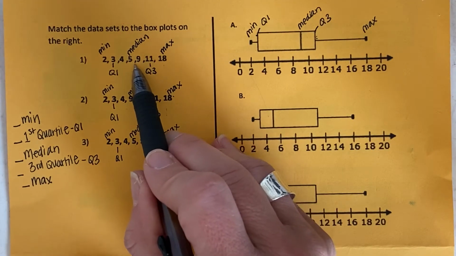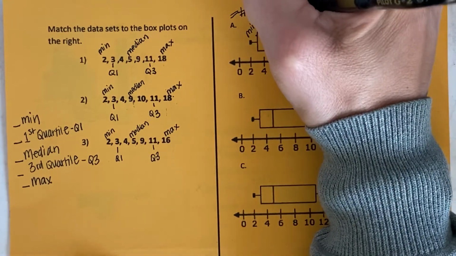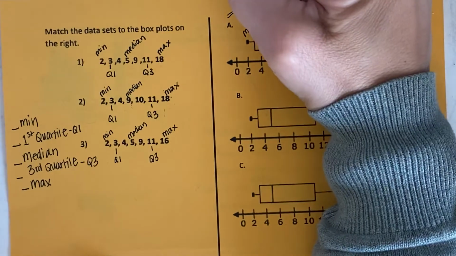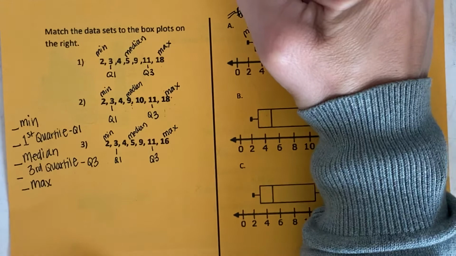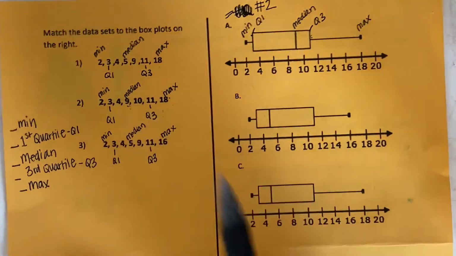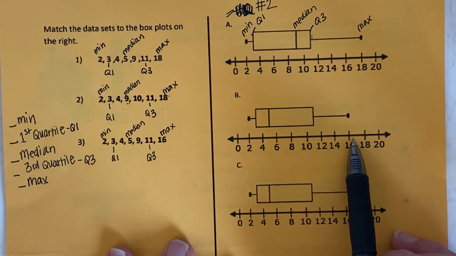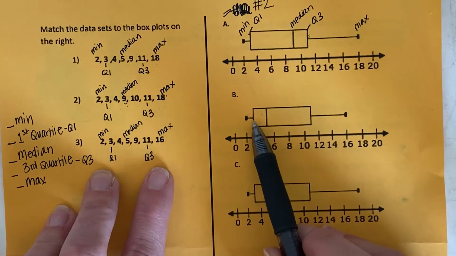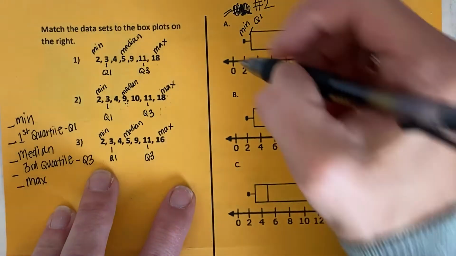So my first box plot, letter A, is number 1. Okay? Or no, sorry, it's number 2. We'll fix that right there, number 2, because my median is 9. Okay, then we have my minimum is 2 and my maximum is 16. That's only going to match number 3. We can check the other numbers. My Q1 is 3, my Q3 is 11, so that works, and my median is 5, so B is going